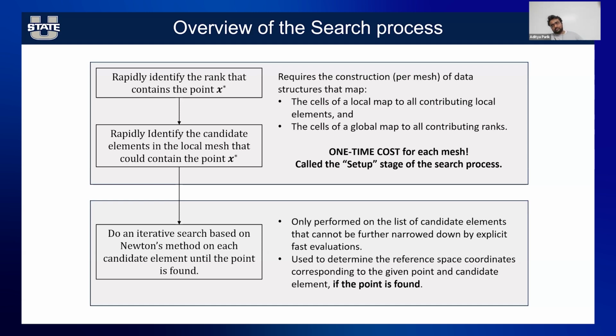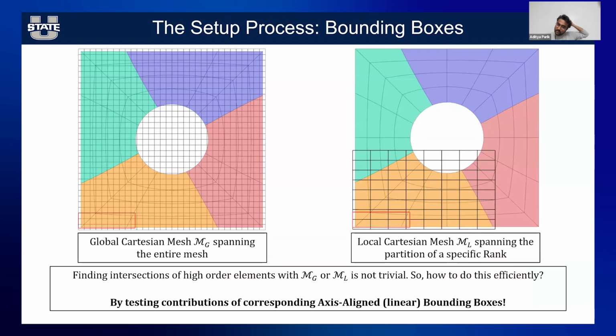And once we have the smallest possible set of candidate elements, we want to then do our Newton search or some kind of Newton minimization method. So the goal is to do the first two stages, which are essentially a one-time cost if the mesh is not changing, as fast as possible. And for that, what we do is we use